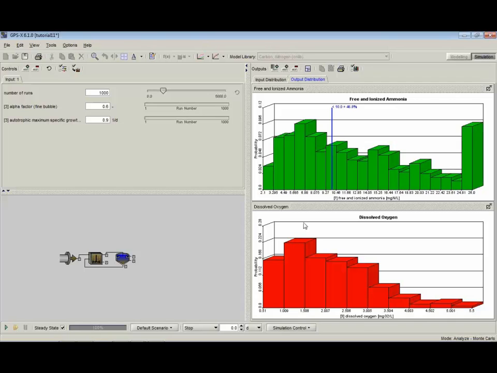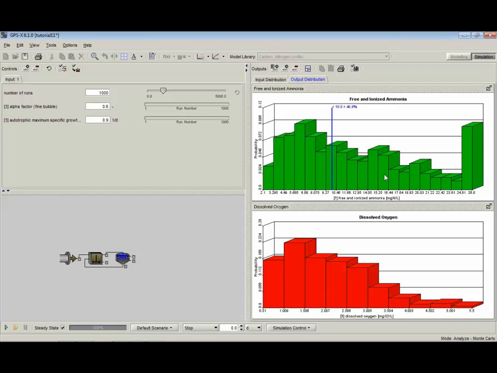So what I did was I fixed everything else in this particular model, such as the airflow rate and the SRT and so on. And I allowed the amount of alpha to change, so therefore you're getting slightly better oxygen transfer in some simulations than others. And you're getting a little better nitrifier growth rate in some simulations than others. So when I run that and I look at a distribution of the ammonia in the effluent, which is what this graph is in green,